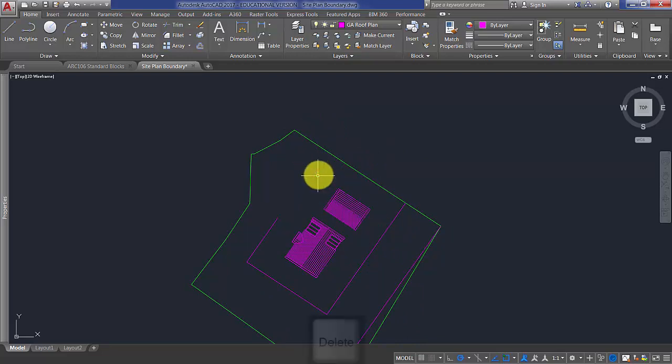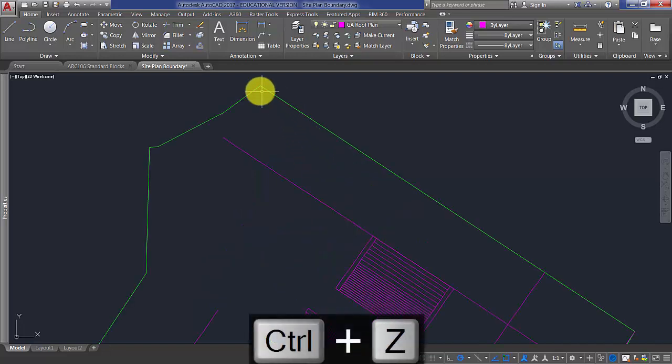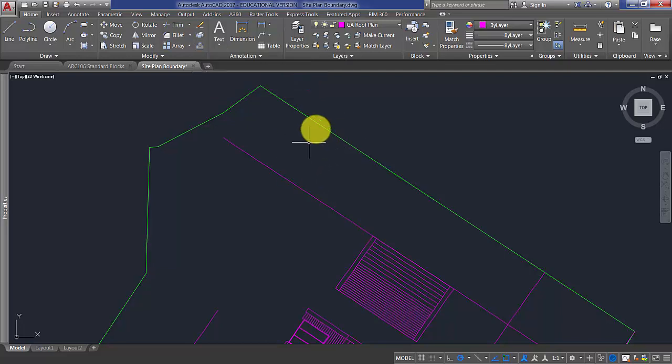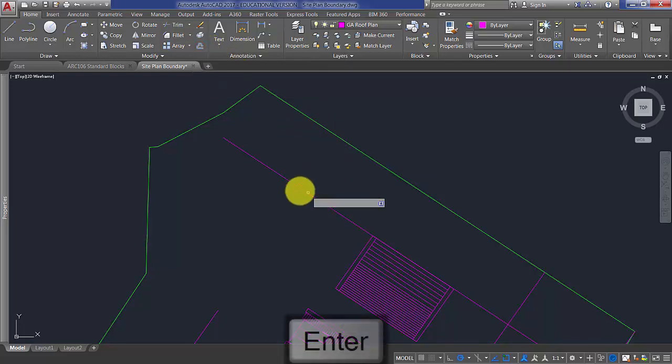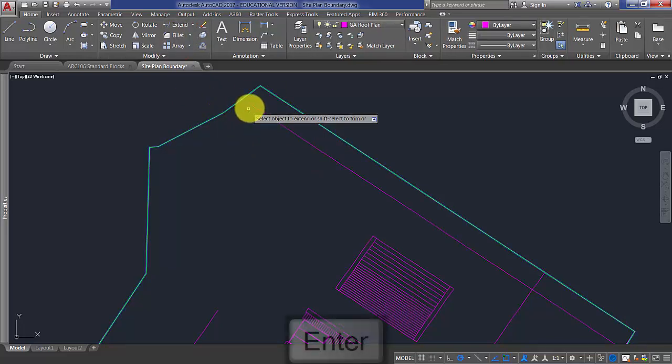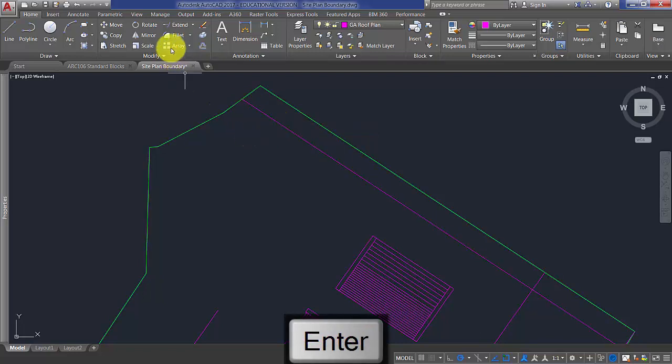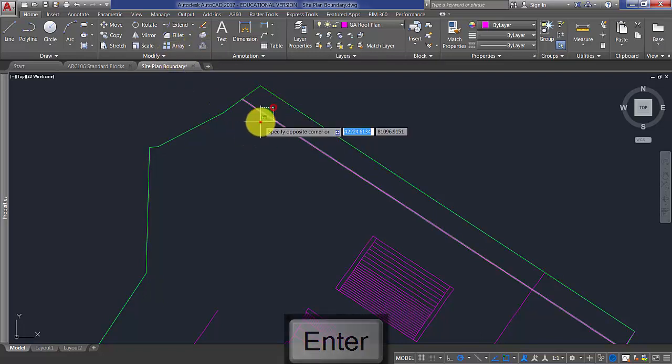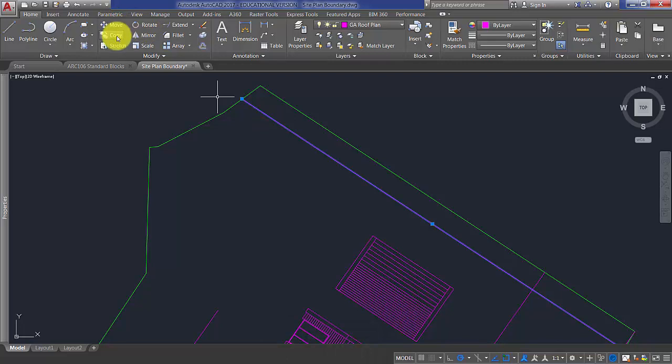So let's delete that line too. No, maybe not. What we want is a little bit of a flower bed at the front here, so we want that to be 2 meters. We offset by 6 meters earlier, so let's offset that by 4. Okay, now we can delete that line, and let's just extend that first of all, so extend to the outside boundary,